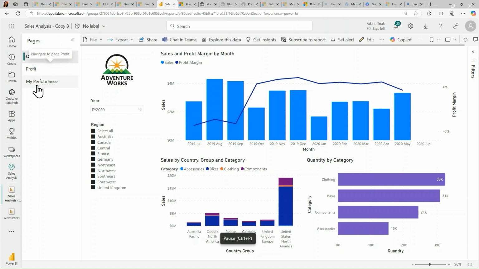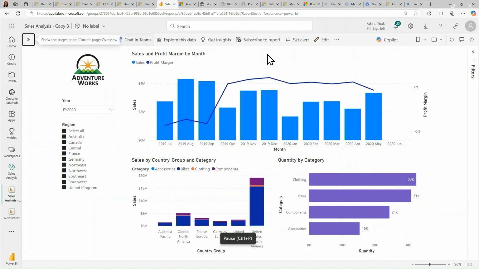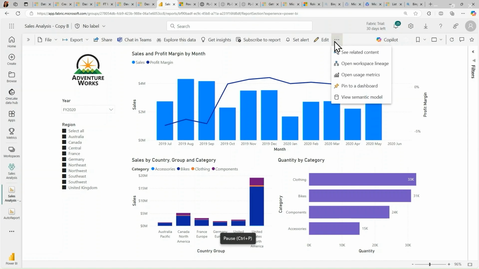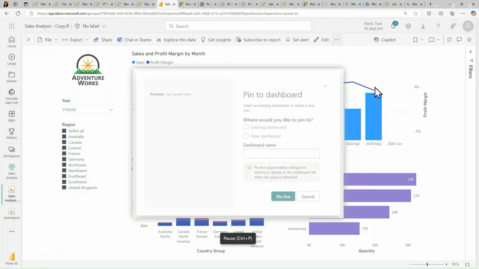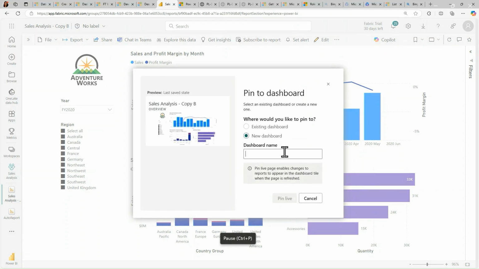So you can make comments also. So you can get a little bit more space there by reducing that. You can get into comments right here on your report. You have a bookmark, you can add it to your favorites. There's a ton of stuff here, but I can click also right here and pin to the dashboard my entire